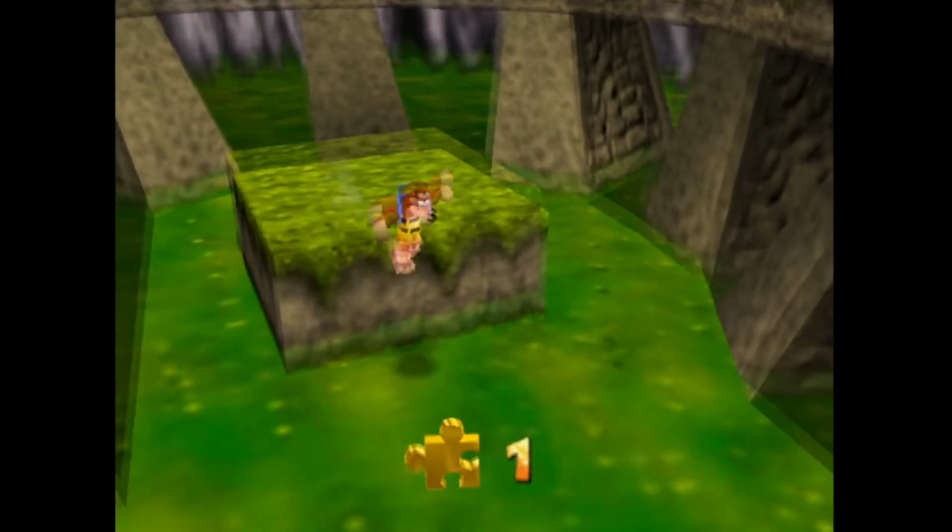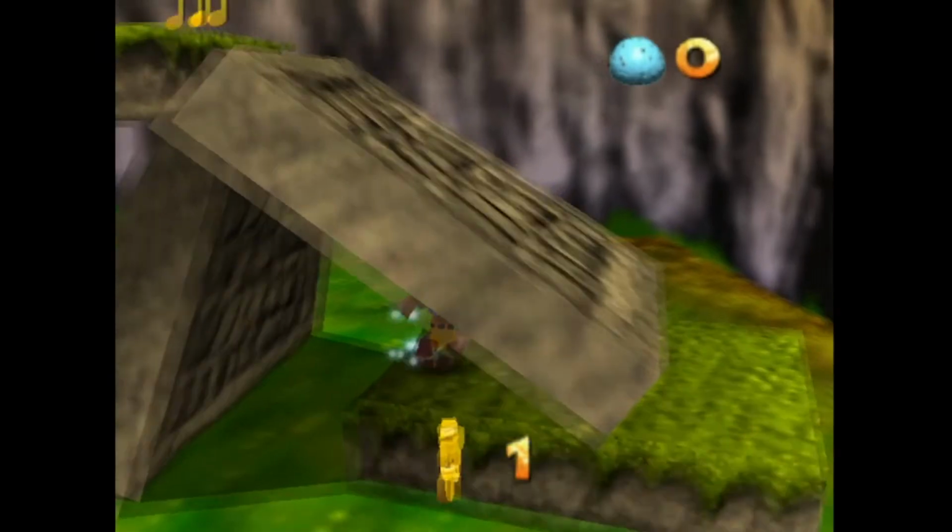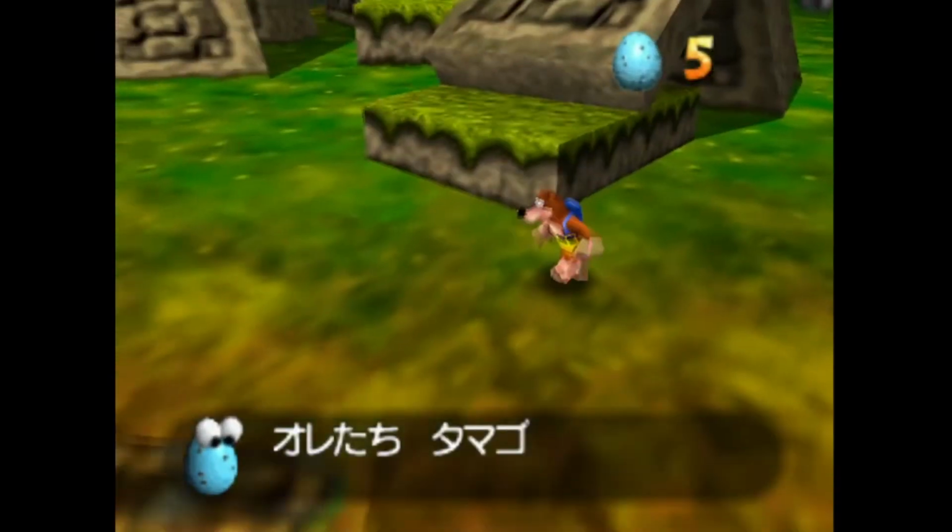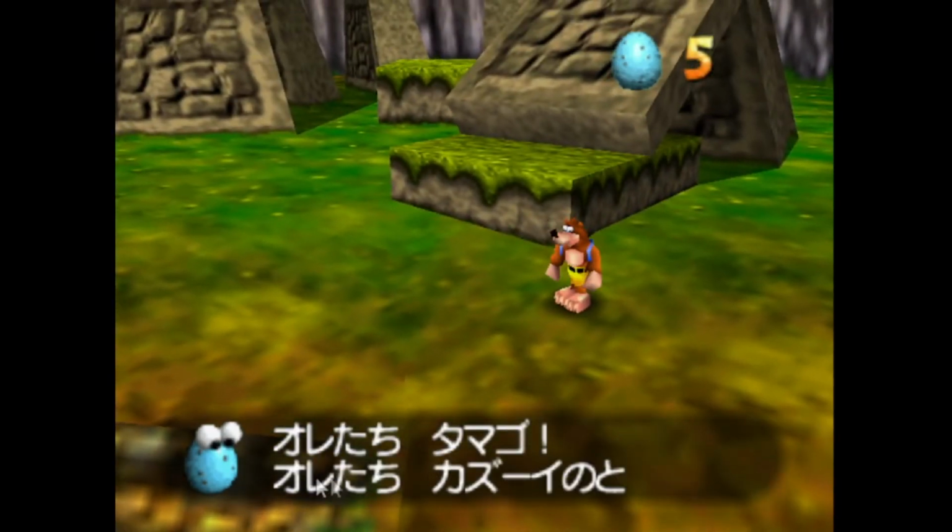Okay, cheers, mate. I might do that. Now the eggs are talking to us. Oretachi tamago. It's funny that the eggs are saying ore. I don't know why. It's just funny. But yeah, oretachi tamago. So we eggs, or we are eggs. There's no particles in the middle, but they're implied, I suppose.